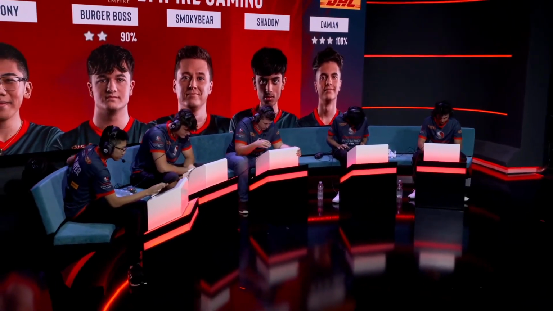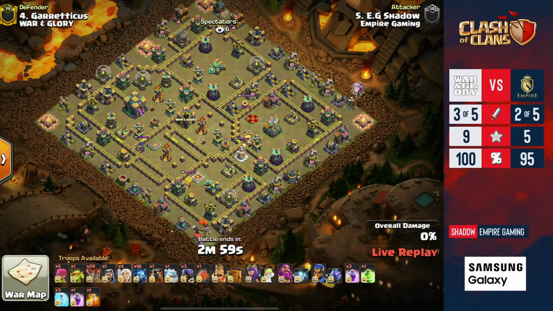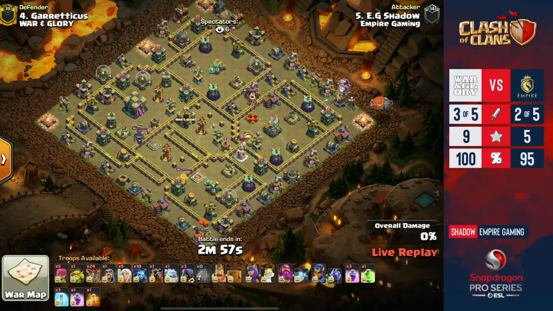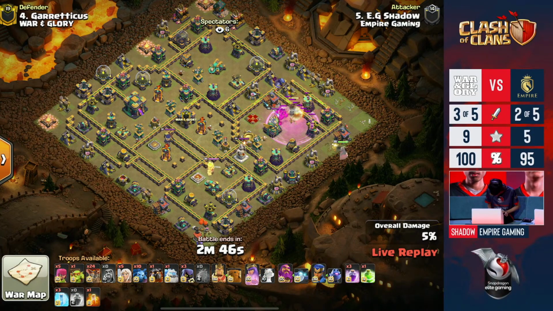But now it is very interesting how Empire Gaming are going to react. Shadow is the next attacker, and at this moment they just can't let War and Glory get too far away. They have to keep up with them, and to do that they already have to 3-star because they fell short in their last attack. So let's see what this Yeti...